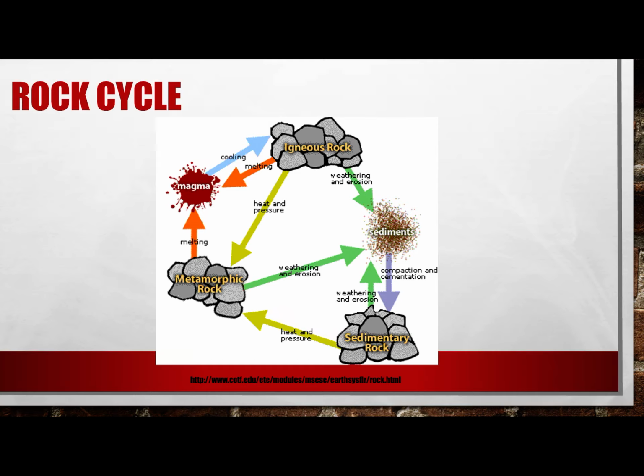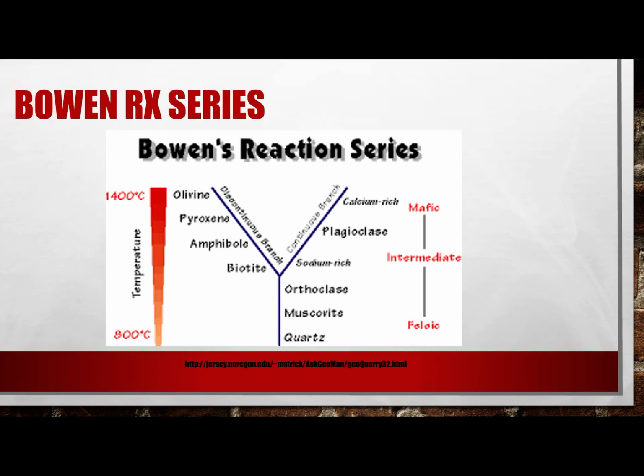Any one of these rocks could go any direction. So it's not so much a pattern, one rock leads to another, leads to another. It's more the idea that any of these processes could happen. They could weather, they could melt, they could get changed with heat or pressure, and ultimately result in a different rock. Every rock has a set of chemical and physical properties.